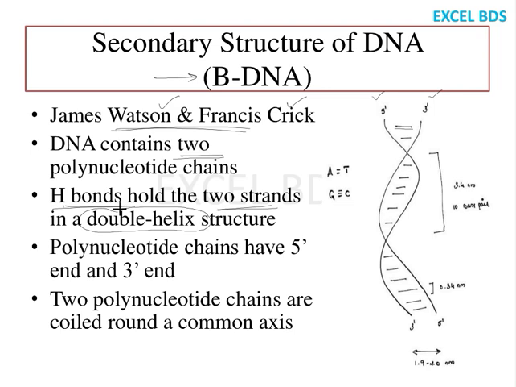And do they have any sides? Yes, they have two sides, that is a starting and ending point. We call that the 5' end and 3' end. If we see here, this is one chain which has a 5' end, and the end of this is 3'. Similarly, the other chain has 3' and 5'. So it is a double helical structure containing the 3' end and 5' end, and the two chains are coiled